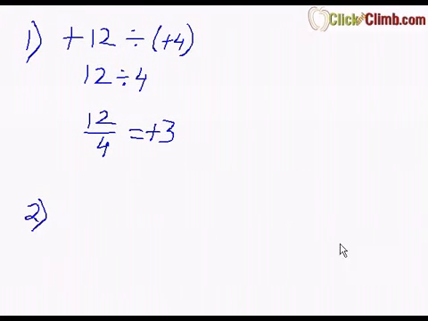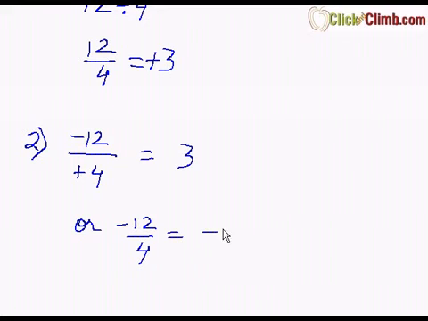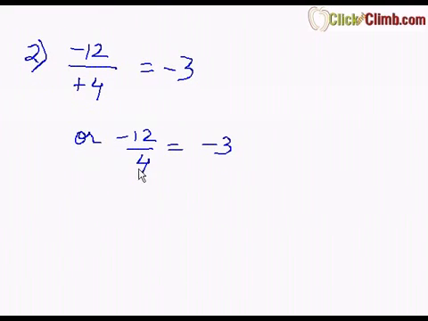Alright, now we take the next thing, that is when the number 12 is negative. So now I divide negative 12 by positive 4. Now just ignore the signs and divide 12 by 4. 12 divided by 4 is 3. And now dividing the signs. If I divide a negative by a positive, that actually means I am dividing negative 12 by 4. Now I should see a negative sign over here, because 12 divided by 4 is 3 and I get back the sign. So the negative comes over there at the answer, and the answer is negative 3. It's just simple to remember that if I divide 12 by 4, I get 3, and this negative is simply